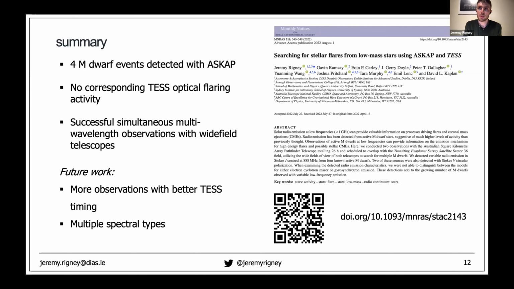Yeah, so the idea was to search for all of the M-dwarfs that we could possibly detect in the radio emission, and then we found the TESS light curves that matched those. So those were all of the stars that we had simultaneous observations for in the entire ASKAP field. Not a lot of M-dwarfs unfortunately have radio emission in the field. It's primarily extragalactic sources, but it would be something that we would like to do.